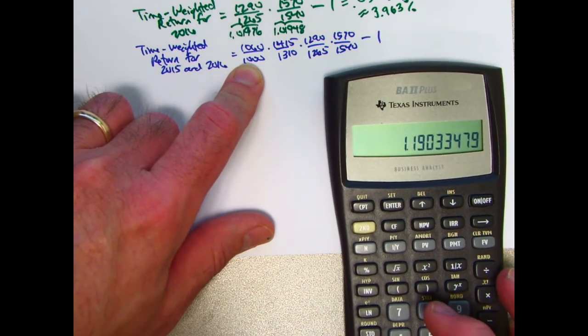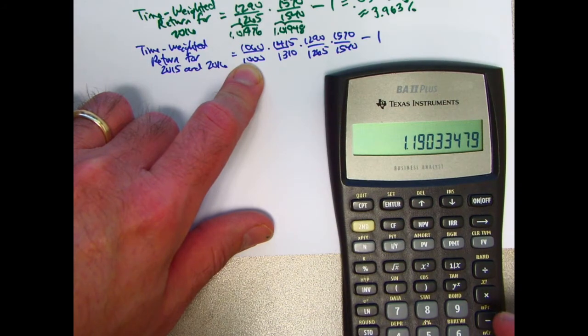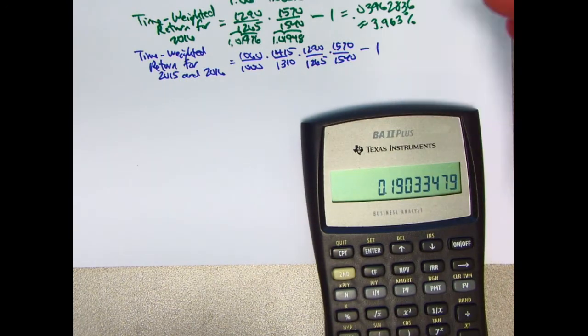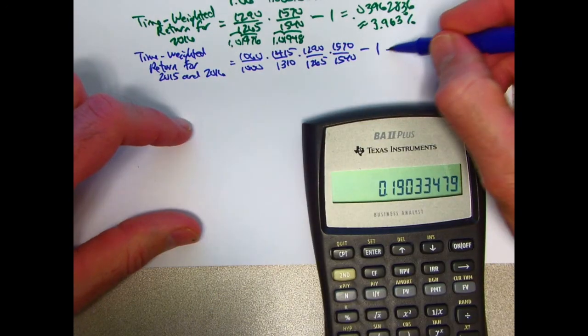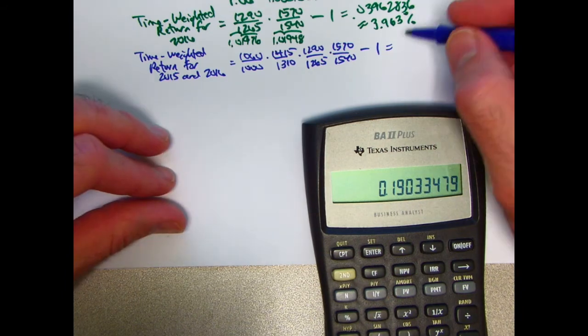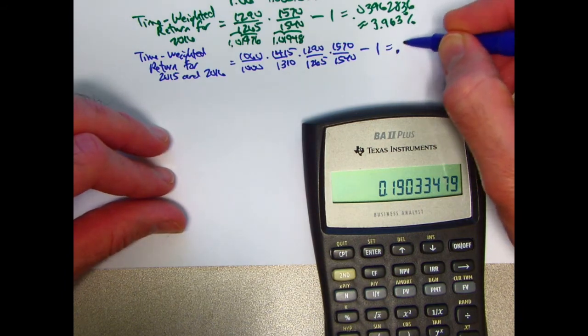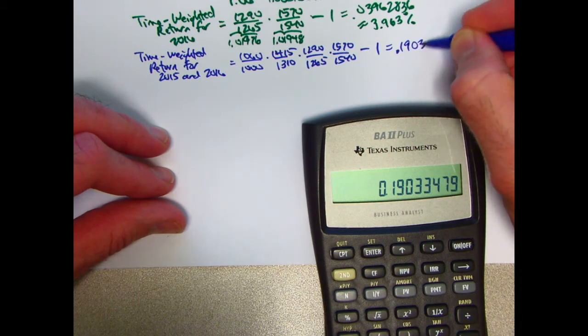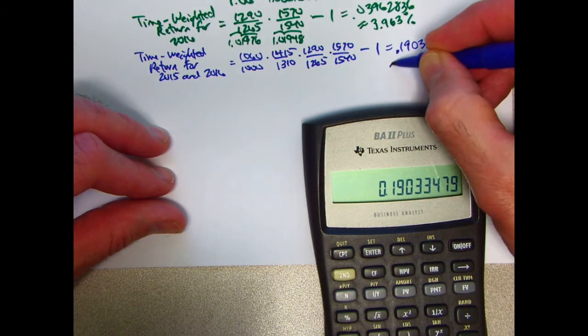I get 1.19033479, subtract 1. So for the combined 2-year period, the growth, the performance, so to speak, that you judge the manager by of this fund is going to be 0.19033479, about